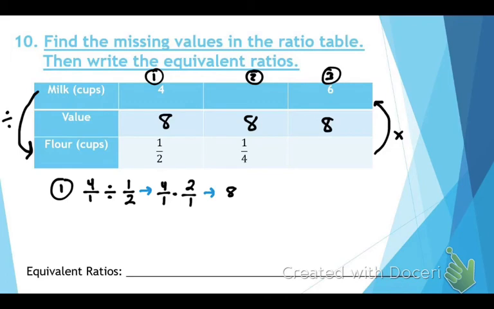Next up, you can see I've got 1/4 on the bottom. So I'm working from the bottom to the top. What should I do? Multiply. That's where some people forgot. So we're going to multiply